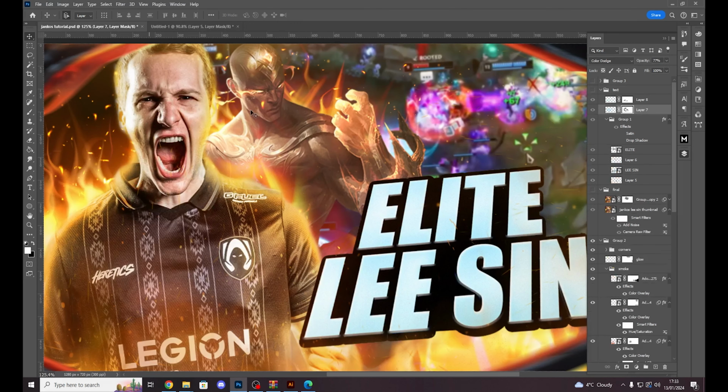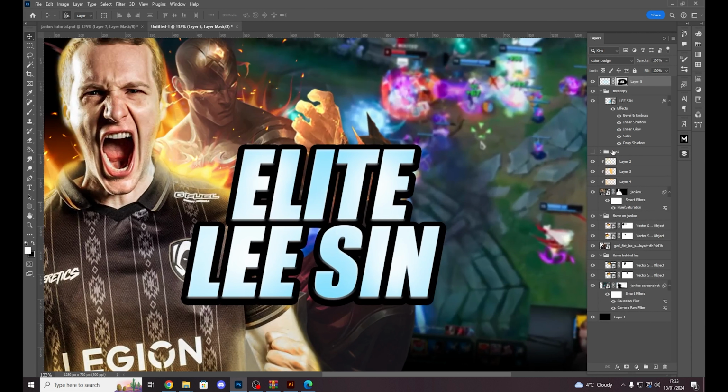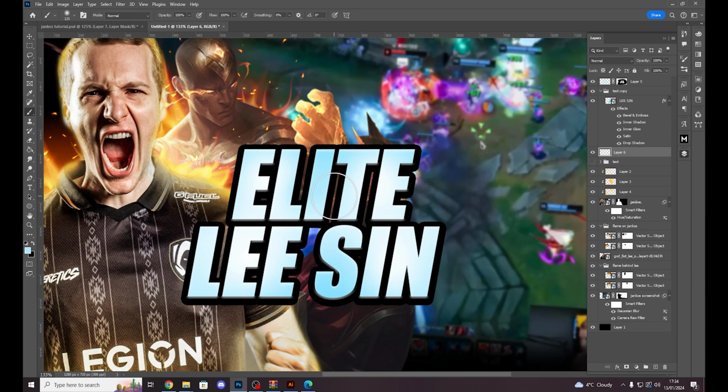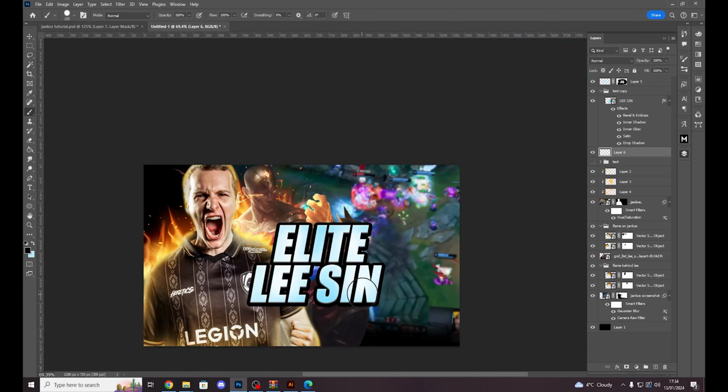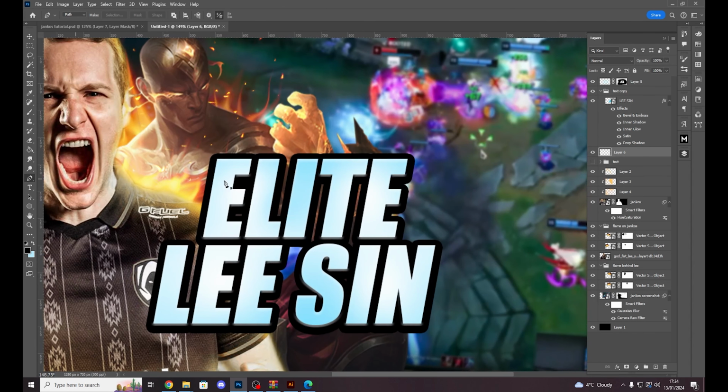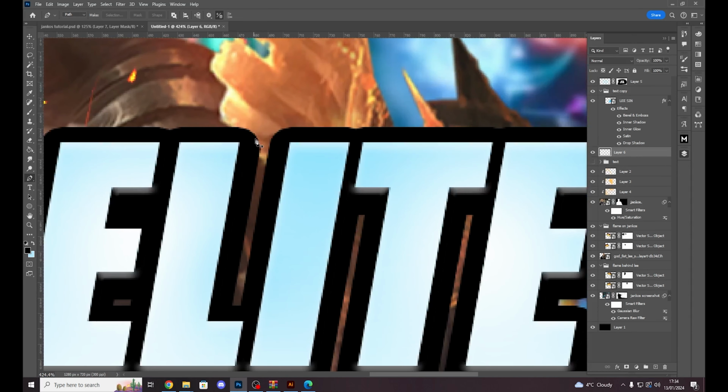However, it's of course not exactly what this is. So how we got to that is we create a new layer underneath your text, and now we want to fill in the back with more black, like a greater shadow, so that there's more contrast, right? You can fill it in with the brush yourself, but I want to make it look clean and precise. So how I did that, I click on the pen tool over here, which you can also press P as a shortcut, and now we just